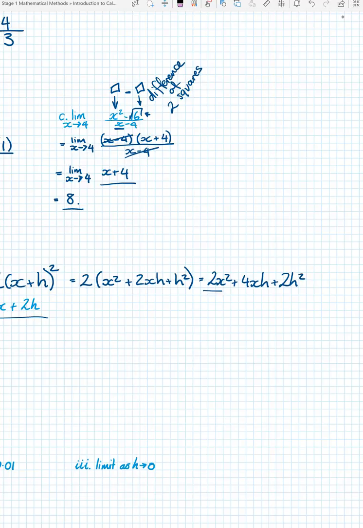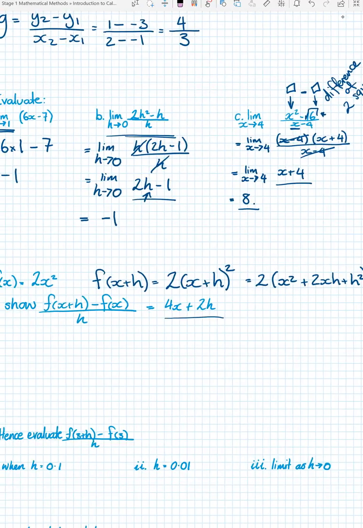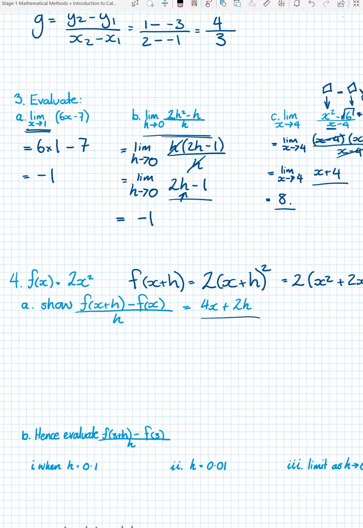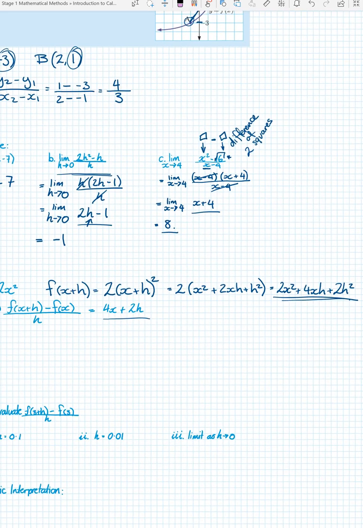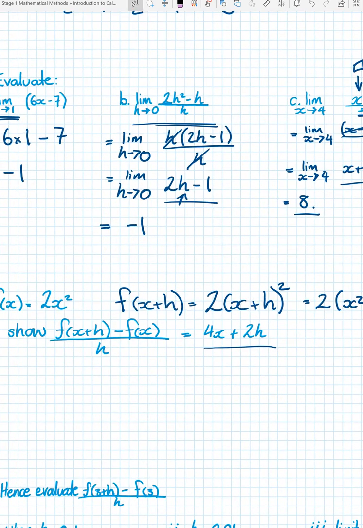So now that we have our expression for the function of fx plus h, we can put it into this expression. So we have 2x squared plus 4xh plus 2h squared, which is fx plus h,